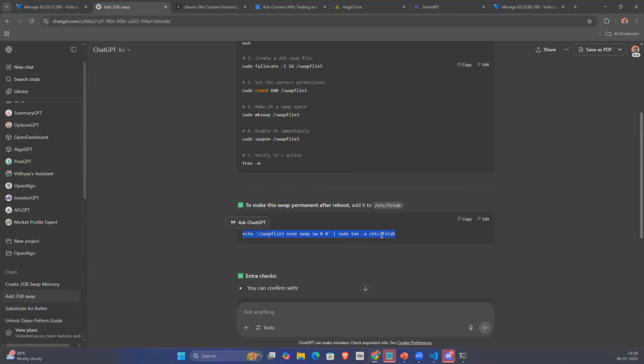As I said, for OpenAlgo, a minimum total combined memory of 2 GB RAM is required. It doesn't matter whether you have half a GB RAM or 1 GB RAM or 2 GB RAM, or even 4 GB RAM. Minimum 2 GB, swap plus free memory, is what is required. That is one thing. Now, once you're done with that, you can always go to